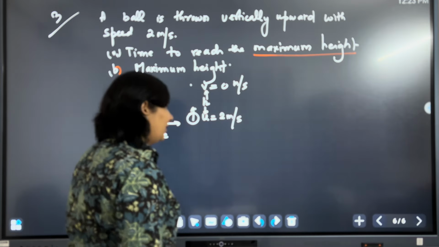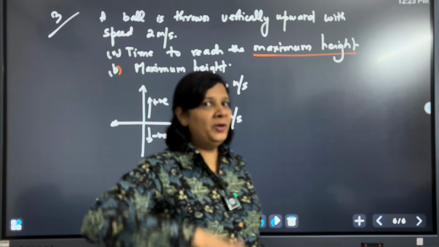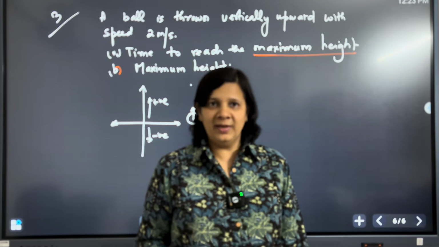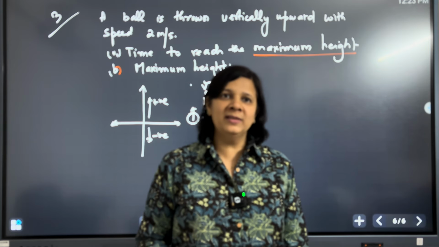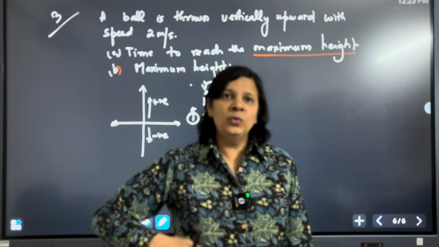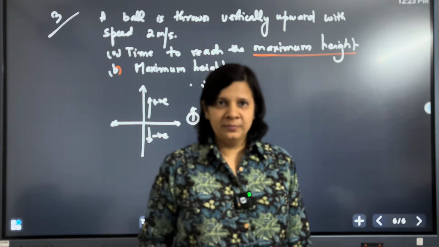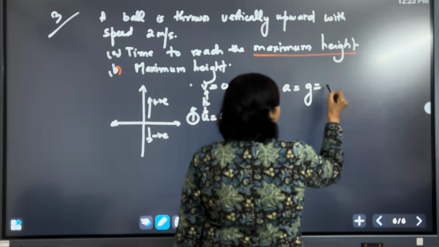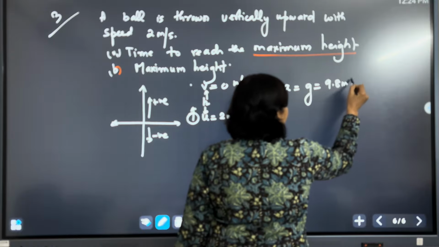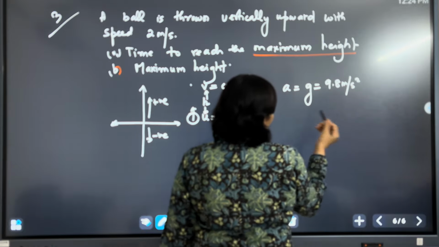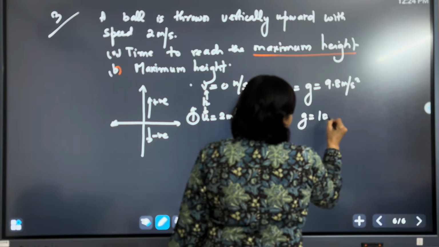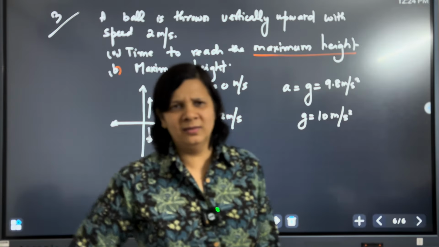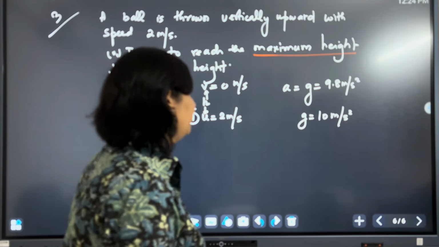Okay. Now another important point, in the free fall and the vertical problems, they will not give you acceleration. Okay, because it is obvious that in the free fall you can take acceleration due to gravity. So a will become g and its exact value is 9.8 meter per second square, but for my problems I am taking g to be 10 meter per second square. Okay, just to make the calculation simple, that's all.